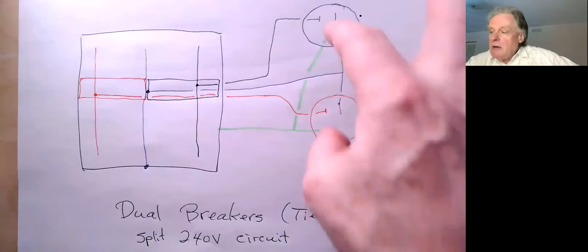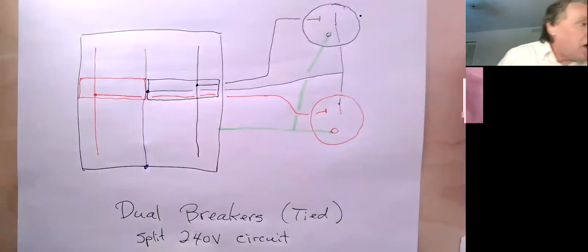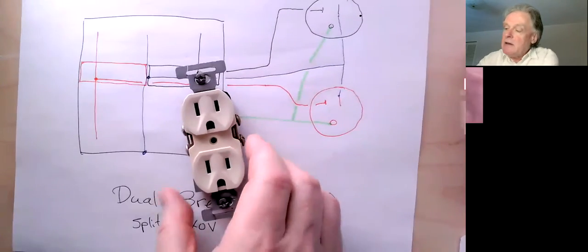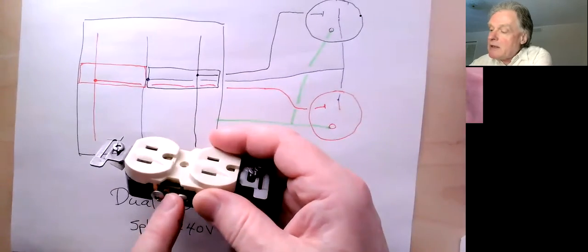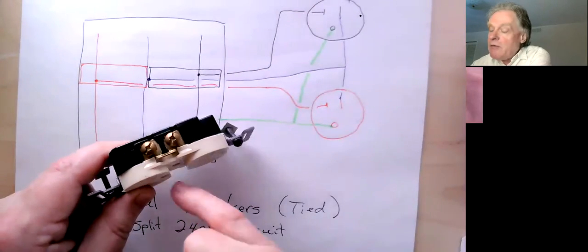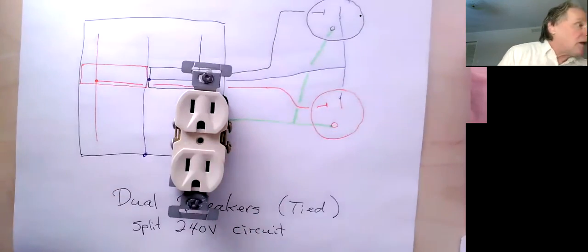Often, these two outlets would actually be in the same box. You can take an outlet like this. Normally, the top and bottom outlets are tied together by these metal tabs, but you can break them off. So you would often find a kitchen that had an outlet that looked like this,